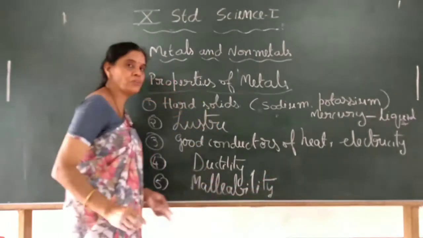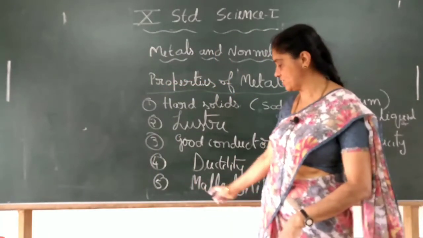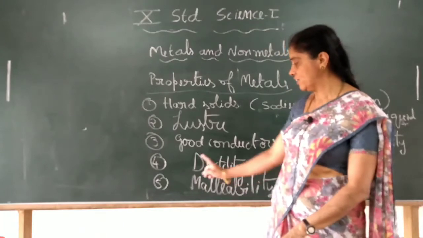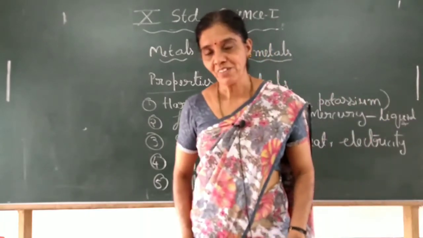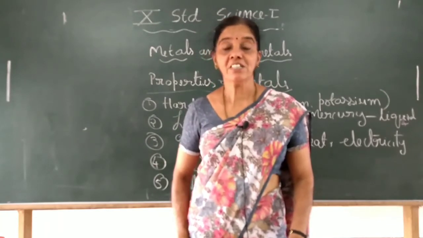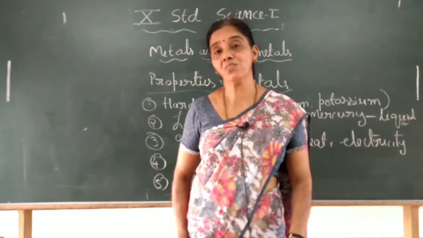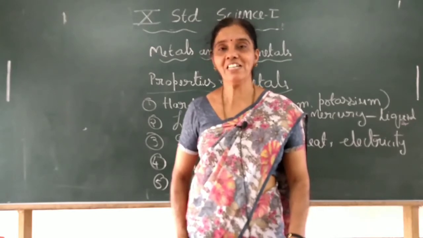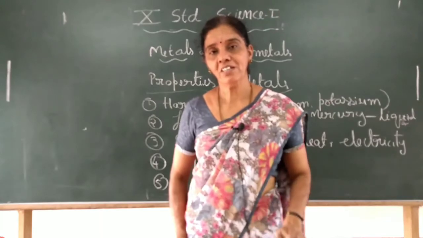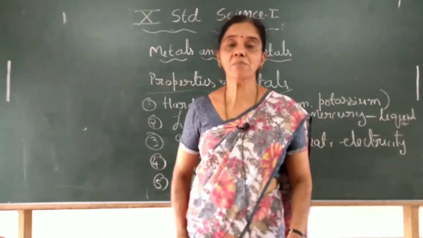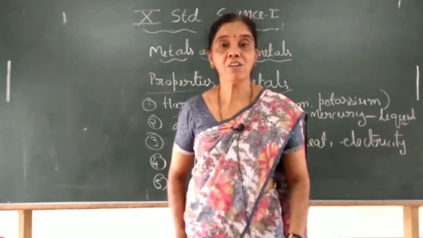You can beat metals into thin sheets. It is called malleability. You can draw them into wires, and it is called ductility. And one more property is, metals are usually used to produce sound. You have seen, if any metallic object drops to the ground or is beaten by a hammer or any other object, it will produce